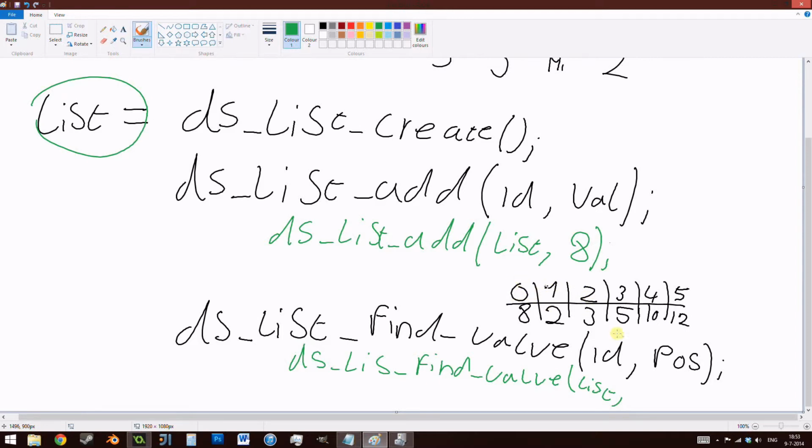Remember, you start at 0. You put 2 here. And this will return a value as usual. So maybe you want to say val3 is equal to. So value number 3 is equal to. And so here you would do the same thing, obviously, because you need to store it